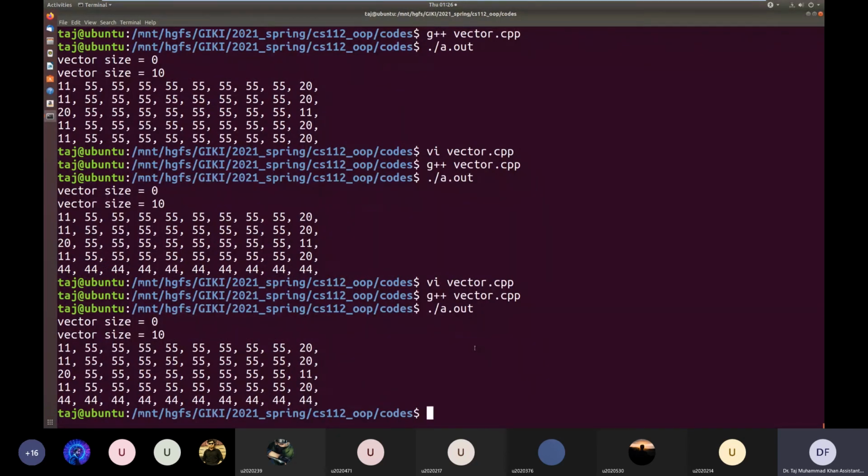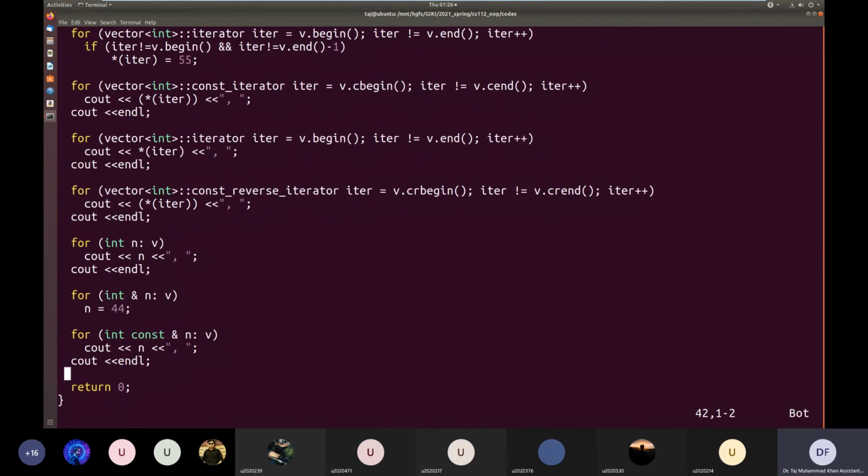This way, we are avoiding the copy, but at the same time ensuring that we don't accidentally change the values. To ensure read-only access, we are using const references.